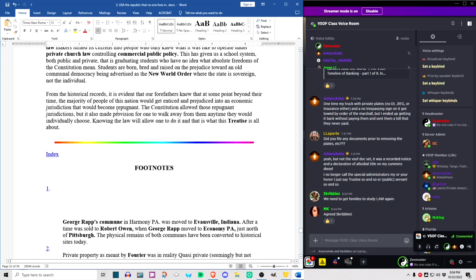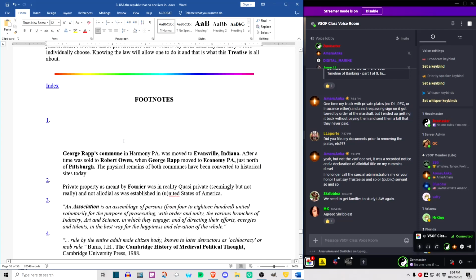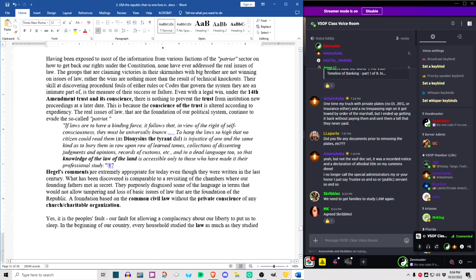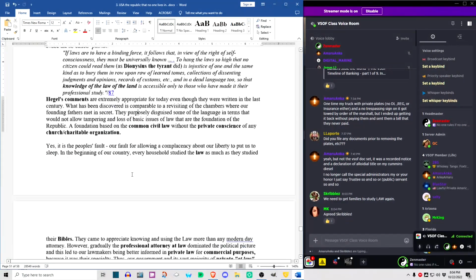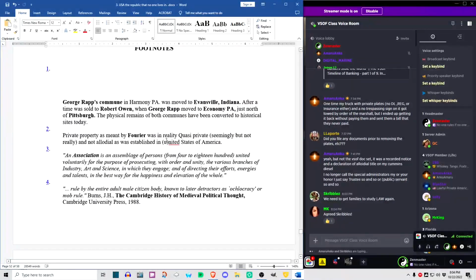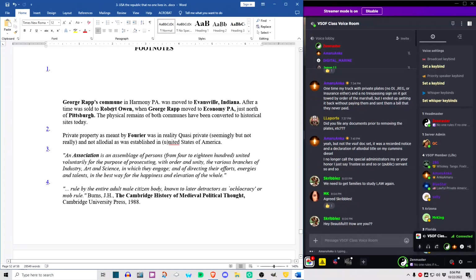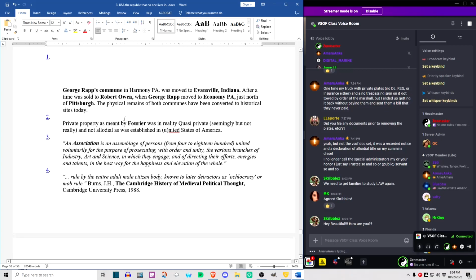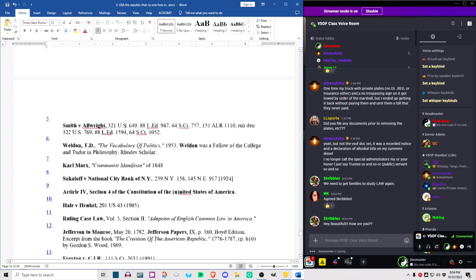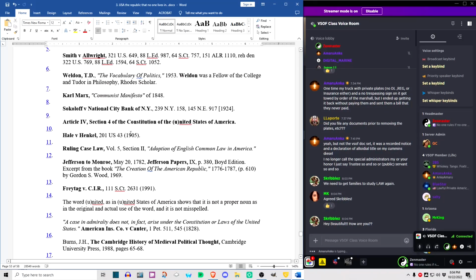Now I can thumb through some of the footnotes here, but just so you know, all of the footnotes in this document, all of these little blue numbers, are at the bottom of the document. So I highly suggest for continued reading that everybody take a look at the footnotes, whether they be court cases or books to look into. Particularly this one is a very, very important one, Hale versus Henkel. This is the power of the grand jury, this particular case.